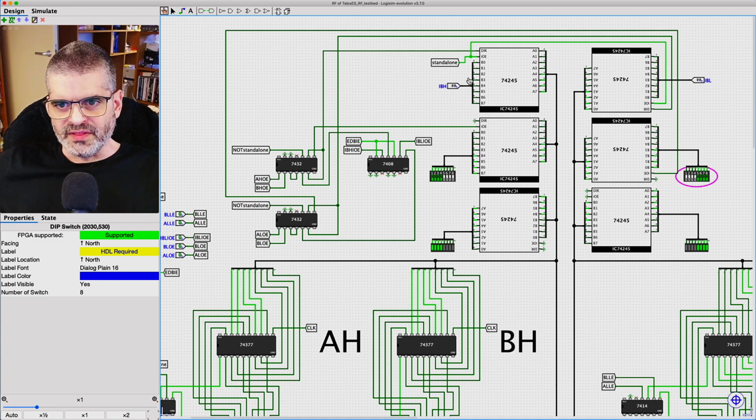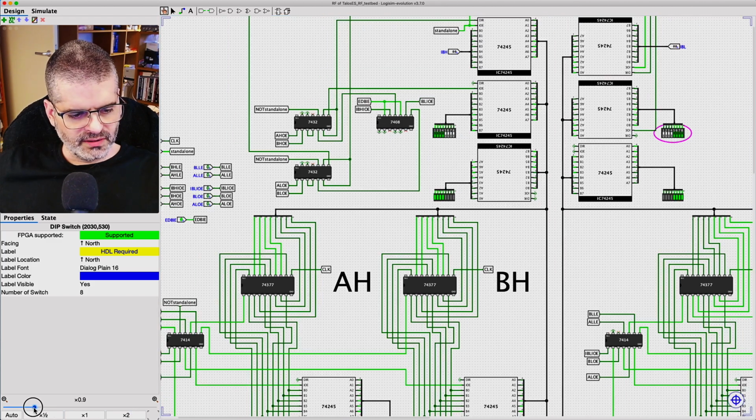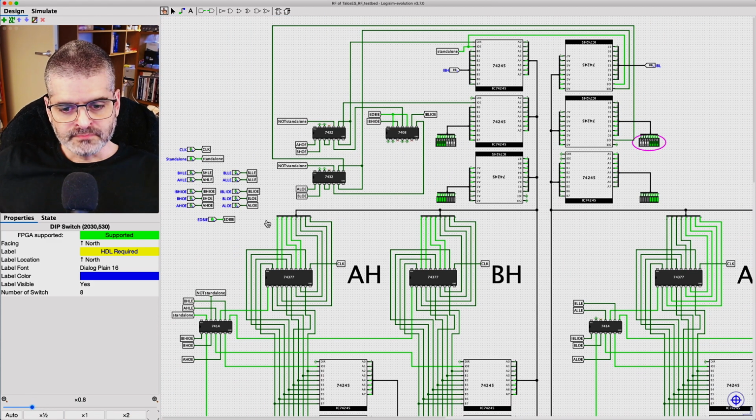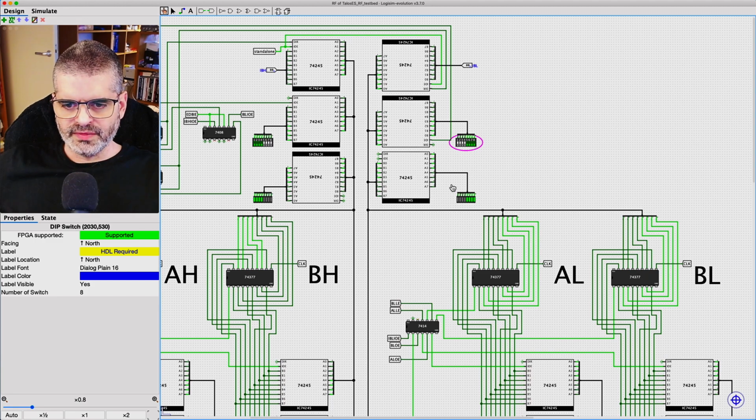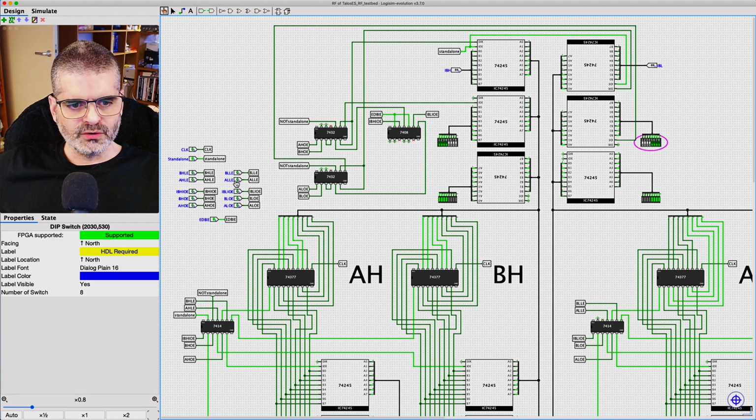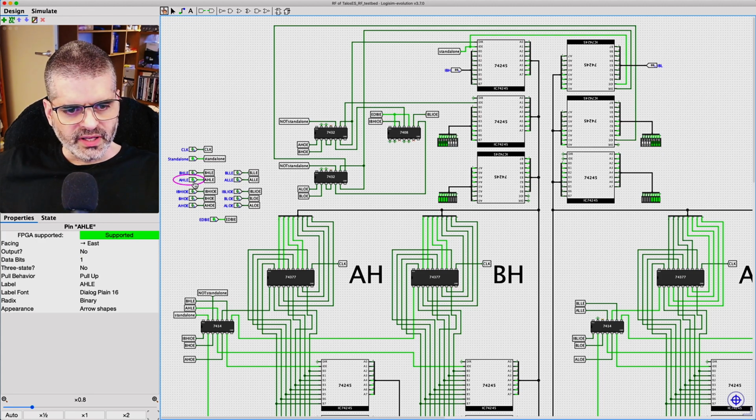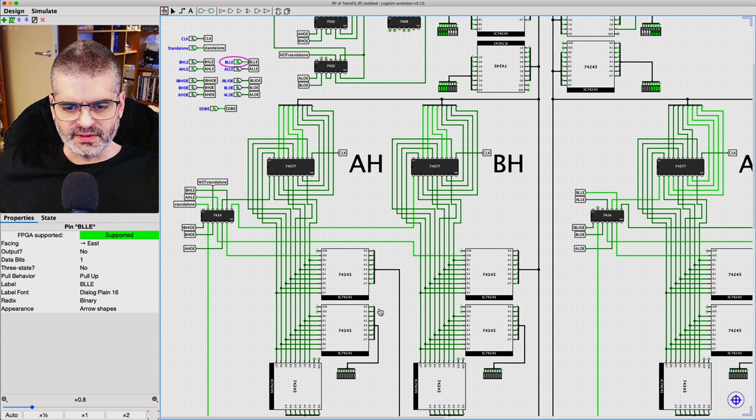So we can start playing with it. These two are disabled. We're not connected to the rest of the system. So what can we do now to fool around with it? Let me zoom out a little bit. Let's say we want to load A high with the contents of the high byte of the local bus, and we want to load B low with the contents of the low byte of the data bus. So we go here and say A high load enable is 1, and B low load enable is 1. And you can see already that the colors of the lines have changed,